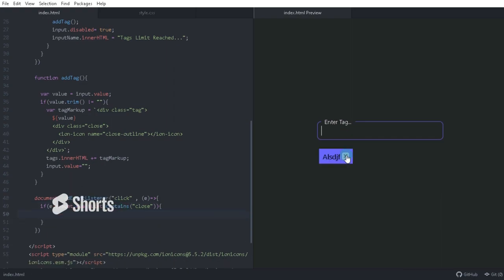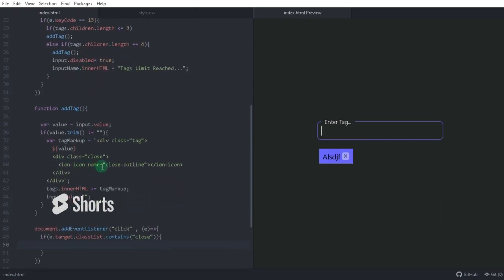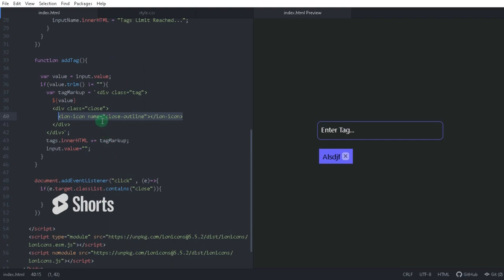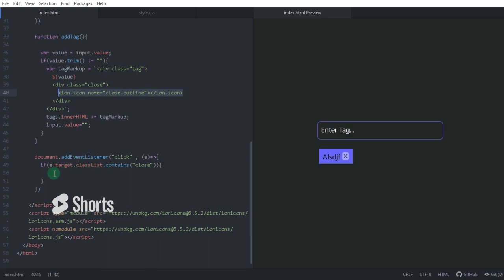So right here, this icon in this markup is this iron icon, which is this one. This is the icon which we are going to click. So it is not having any class which is named as close. We want to close it if it has the class of close, but it doesn't have any class of close. This statement inside this if statement will execute if the element we clicked, e.target.classList.contains, contains the class of close. But in our case, the parent class of the element which we want to perform action on is having the class of close. So for this,